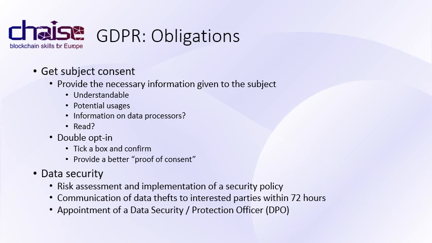This information must be provided in a synthetic and understandable way, describing both potential usages, purposes, and who may use the data according to these different purposes. In fact, you cannot write your consent or ask for consent with a tiny-font document. People must read it. People must understand it. This is why double opting, that means tick a box and confirm later, have also been developed to provide a stronger proof of informed consent from the user.